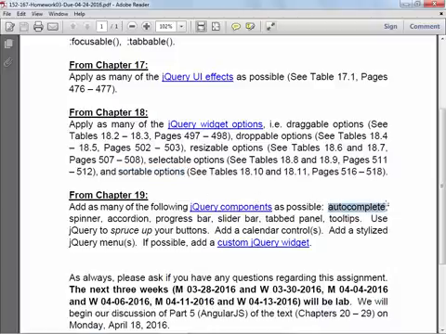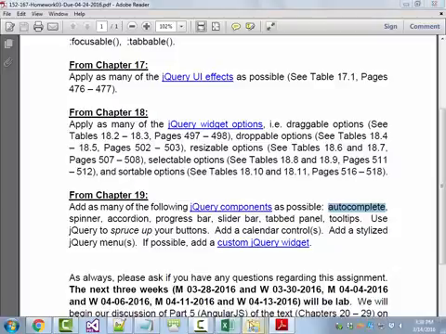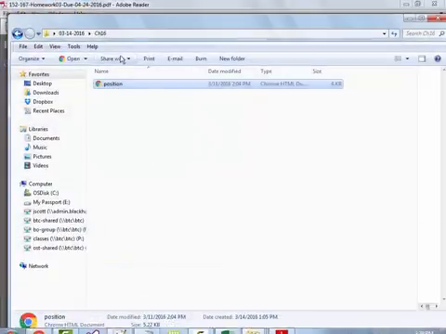autocomplete. What's an example of an autocomplete? Maybe, for example, instead of having radio buttons with each of the campuses on there, maybe you instead just put it in as a text box and you add an autocomplete. So if somebody puts in M, it would bring up Milton and it would bring up Monroe, type of an idea. Spinners, accordions, progress bars, we'll look at all this stuff in the next class. Slider bar, tab panel, and again, if you look at these and you want to see some examples, as I already mentioned to you,